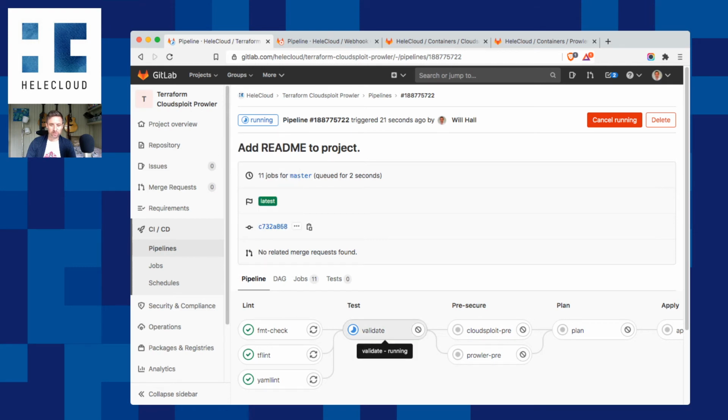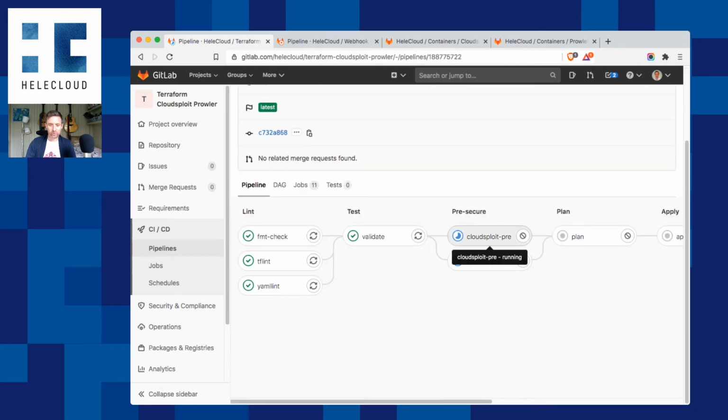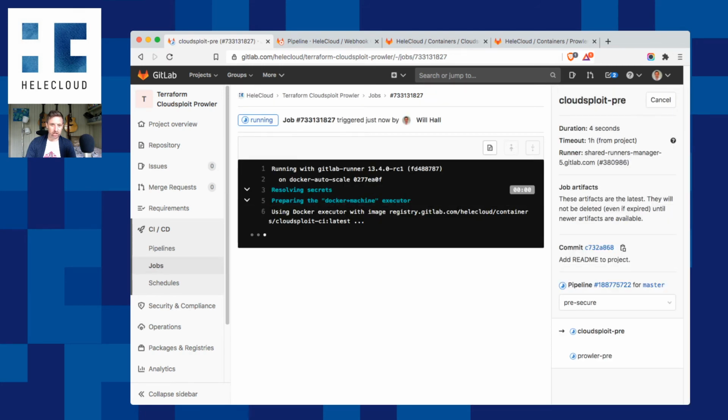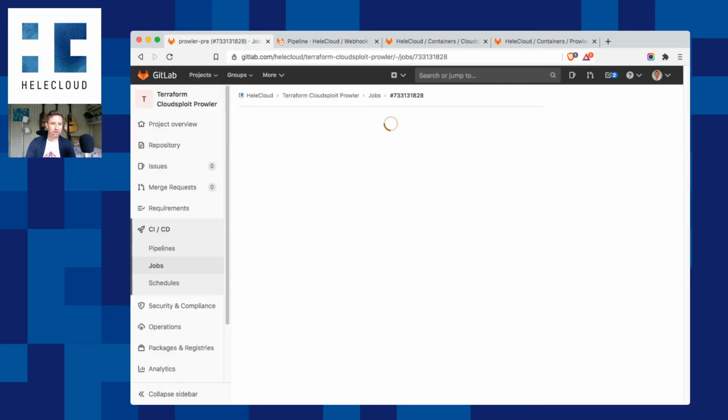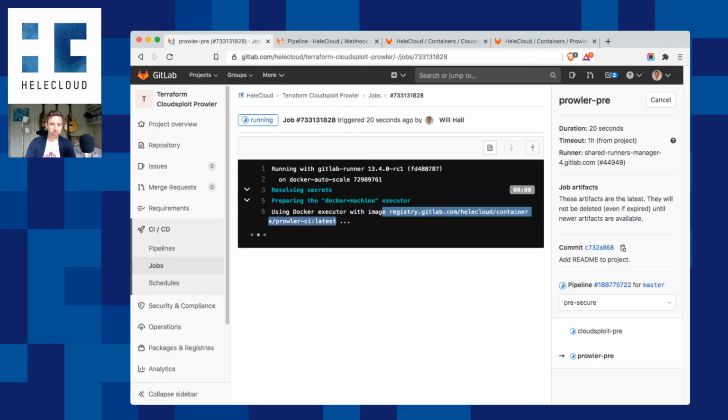As we move forwards, which should be happening shortly, we can see that Cloudsploit is going to be running, and Cloudsploit is pulling down my latest container from the HeleCloud container registry, which is very similar to the Prowler one that we're going to be running as well. I called these Prowler pre and Cloudsploit pre because that's generally what they are. They're pre-checks. And as we start to see these executing, which should happen very shortly,